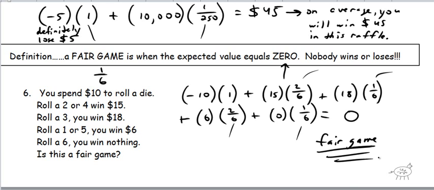Okay, but you got to think about it too, right? If I spend $10 to roll a die, 3 ways I will make a little bit of money. You guys agree with that? If I get a 2 or a 4, I basically make $5 out of that, right? It cost me 10, I made $5. If I roll a 3, I make $8 out of that. That's a pretty good deal. But if I roll a 1 or 5, even though I win $6, it cost me $10 to try it, right? So I lost $4, and of course, if I roll a 6, that's brutal. I lost my whole $10.